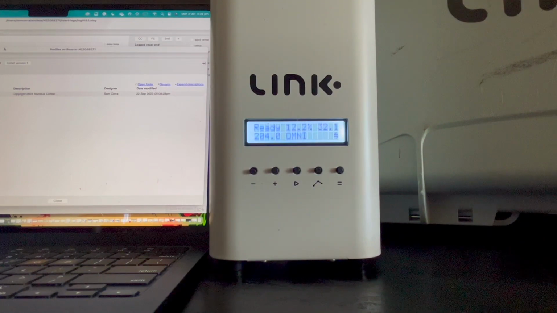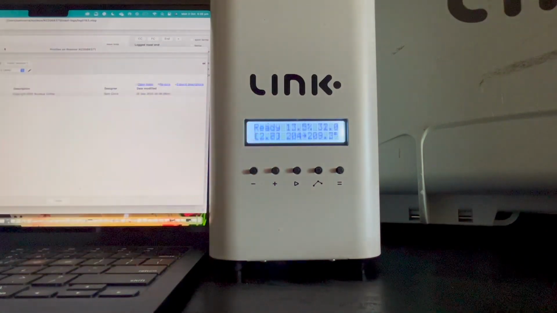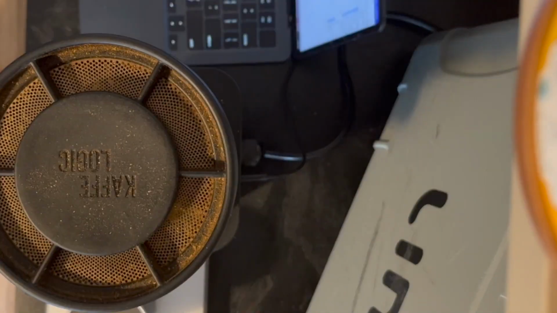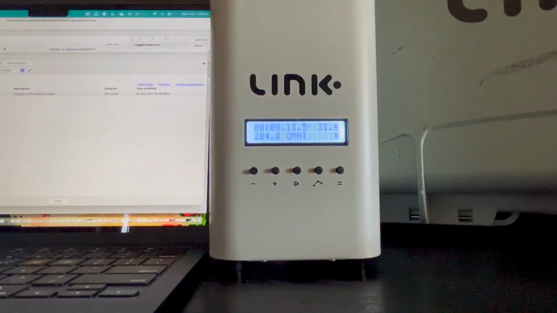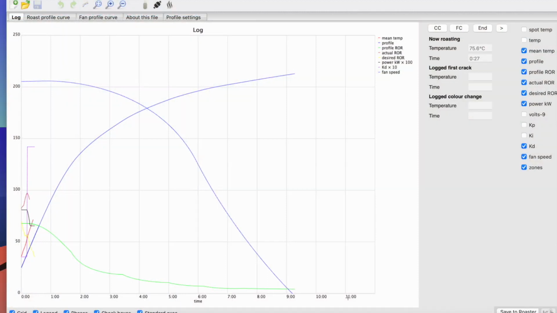With the profile selected, let's move on to set up the development percentage. I want to use this coffee primarily for filter brewing, but I'm still looking for a toned down acidity expression and more fullness in the weight of the body. For these reasons, I have decided to set the range to 13.5% and push play. I am now going to load my batch of 100 grams and then push play once more to start the roast. It's time to sit back, relax, and let the link do its thing.